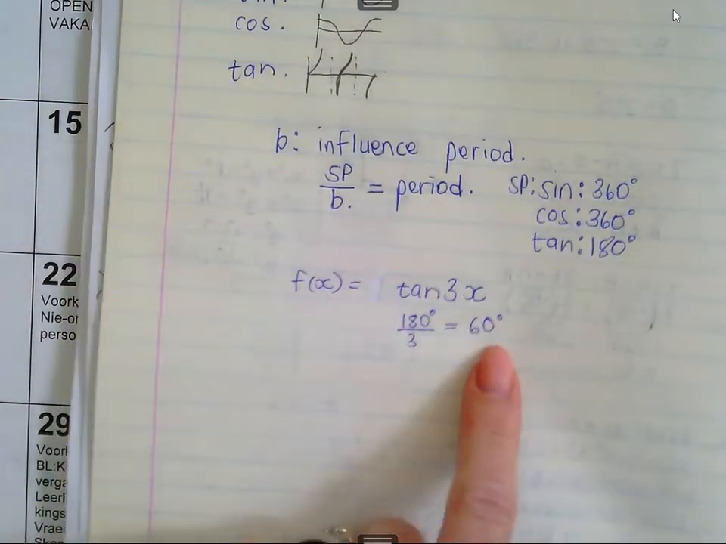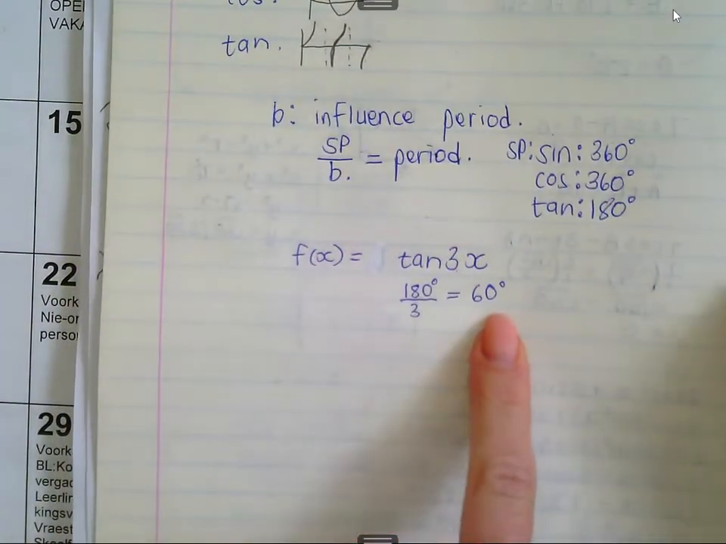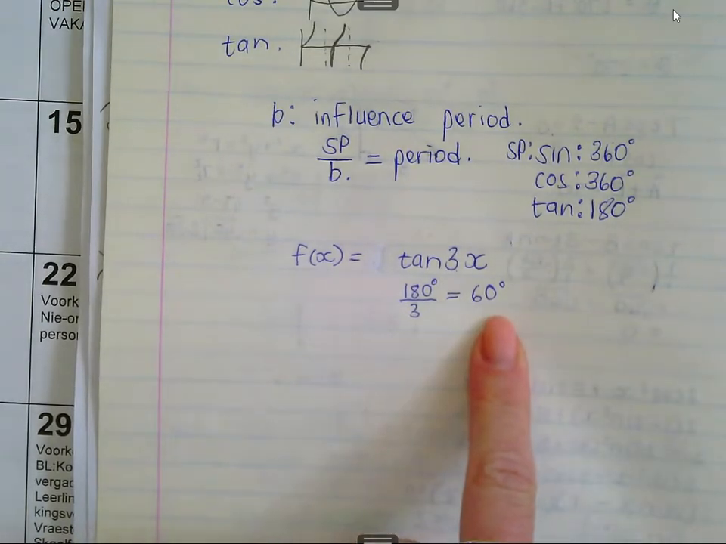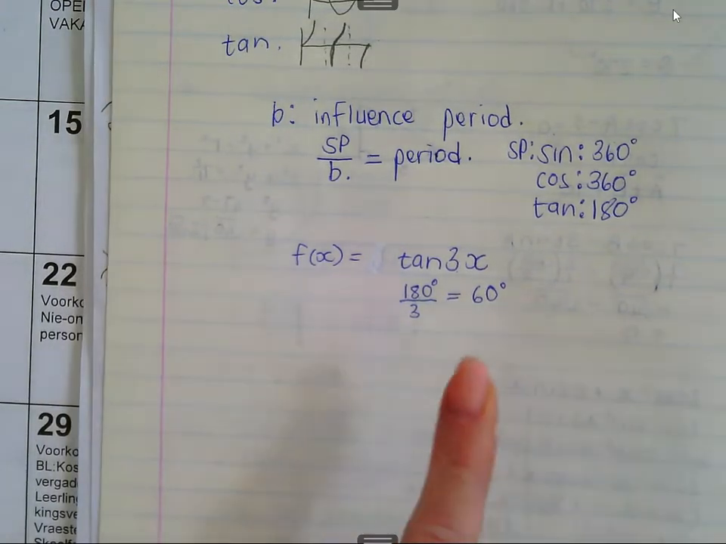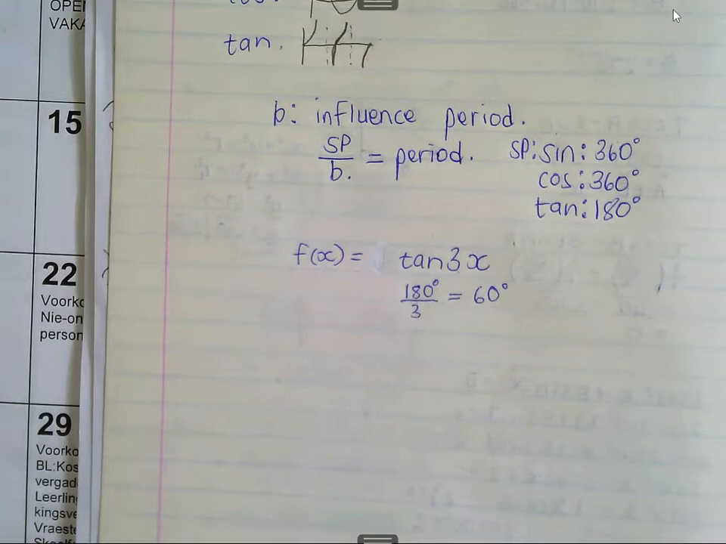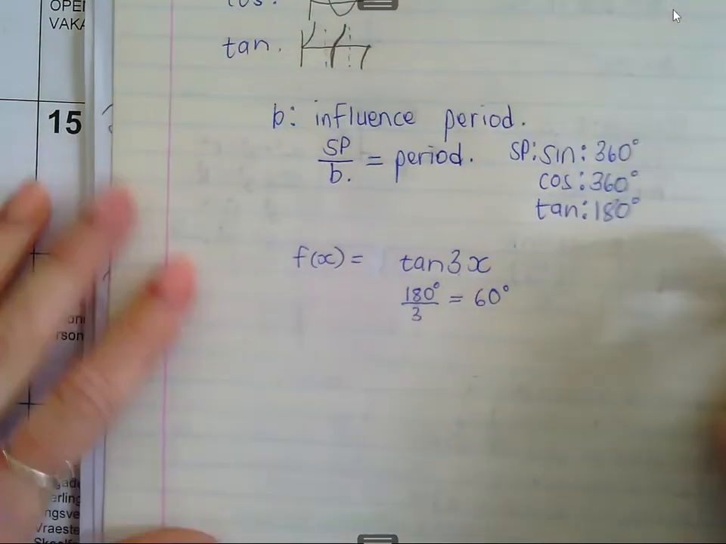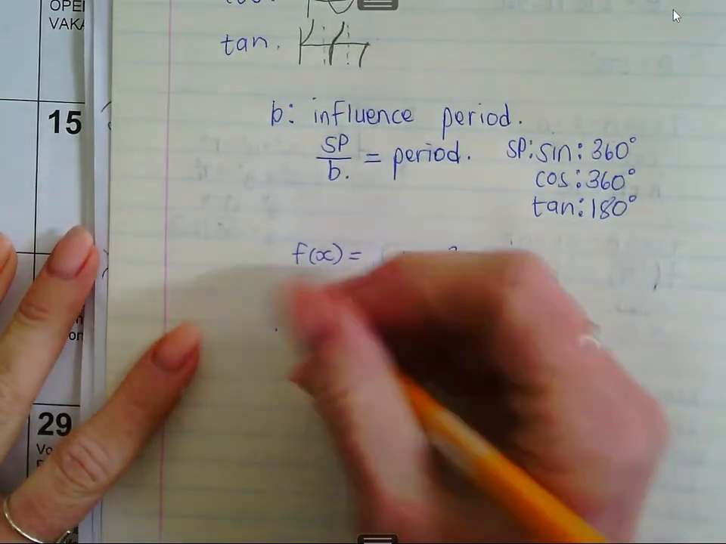If our period is 60 degrees, where will the critical points be? You're going to have to take 60 degrees divided by 4. What is 60 divided by 4? Let's just check. 15. So at every 15 degrees, you will have a critical point. Easy, ne? Okay, so to find the critical points,